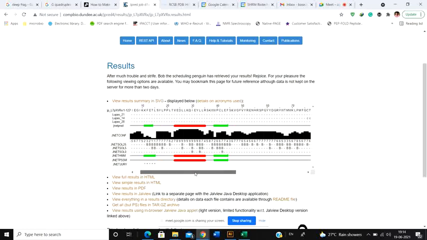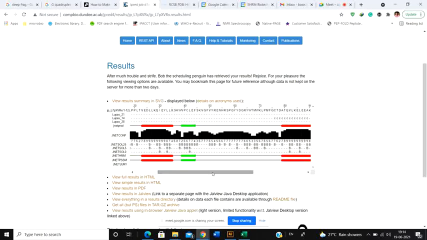Now one more thing. If that is the case, why do we need to know about solvent accessibility? What is the utility in knowing solvent accessibility? By seeing the solvent accessibility, I can predict which amino acids are at the surface and which amino acids are deeply buried inside. Obviously, sorry, actually I spoke it wrong. 0 means it is most accessible by water, whereas 9 means it is buried deep inside. Just vice versa of what I told you.